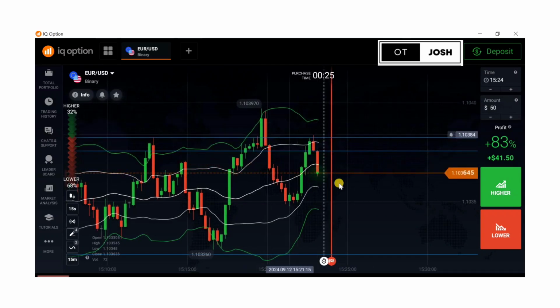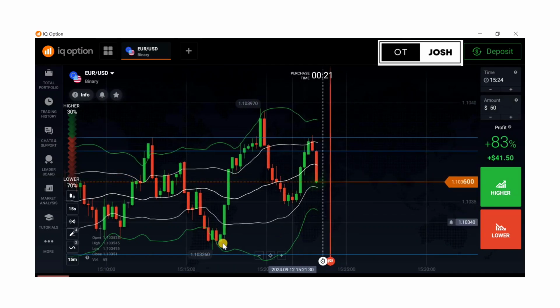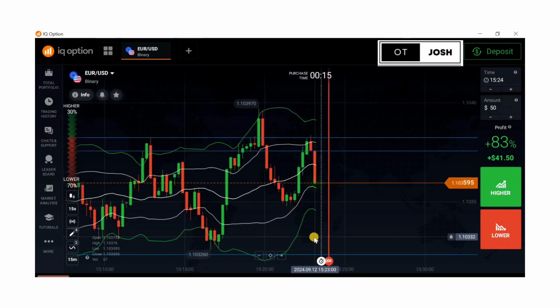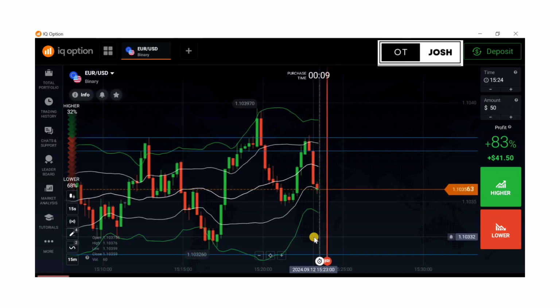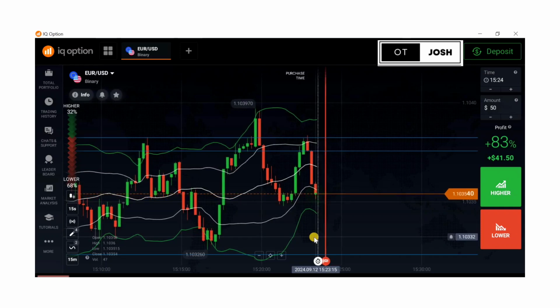Now you see how the price is easily moving within this range. Why? Because we are trading the high and the low of the day. The day in this case, mind you, is what? The 1 hour. If we use the 2 hours, the signal will be stronger than the 1 hour. If we use the 3 hour, the 4 hours, the 8, the 12 hours, it will be even stronger,